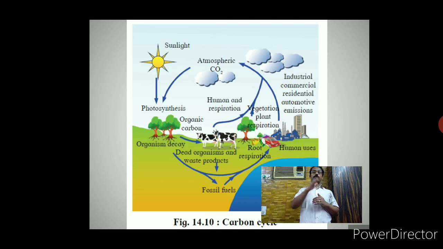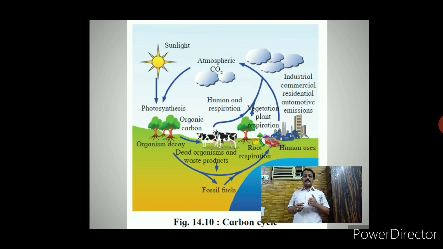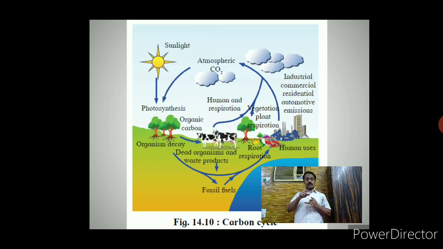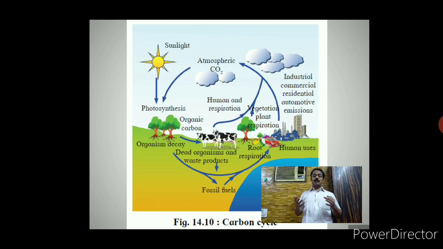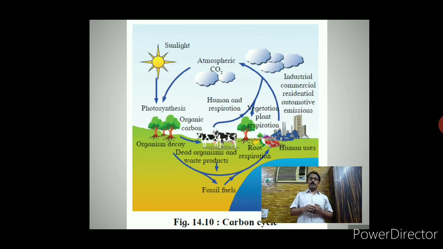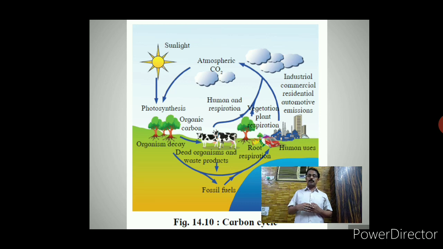Now from here, the return journey of the carbon to the atmosphere starts. When animals respire, and human beings are also among these animals, they give out CO2 back into the atmosphere. Plants also photosynthesize during the daytime, but during the night time they are respiring like human beings. They also give out CO2, and the CO2 goes back into the atmosphere. At the same time, for millions of years we have been extracting the fossil fuels. We are burning the fossil fuels in our cars, which are increasing day by day, and we are returning this CO2 back into the atmosphere.